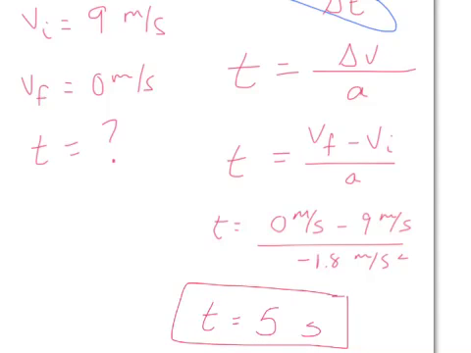Wait, I'm confused. You have 2. And how do you get the seconds again? Okay, so let's take a look. The numerator becomes negative 9 meters per second. The denominator is negative 1.8 meters per second squared. So meters, meters, seconds, drop off one of the seconds, leaving seconds in the denominator of the denominator, which bumps it up to the